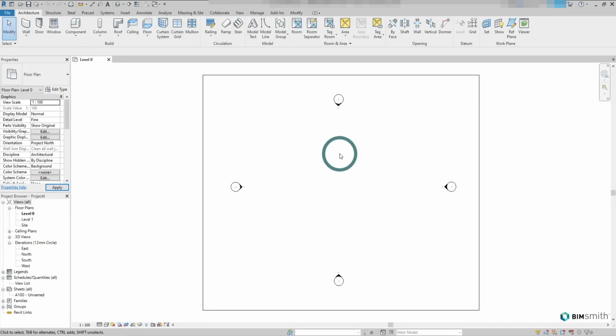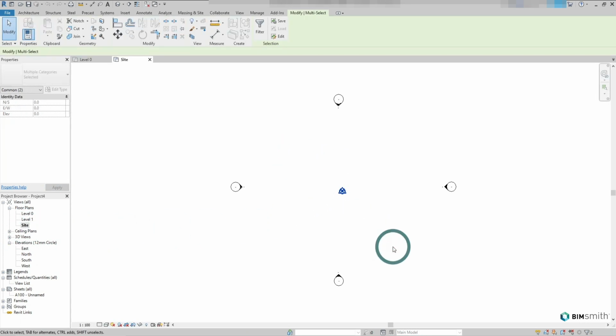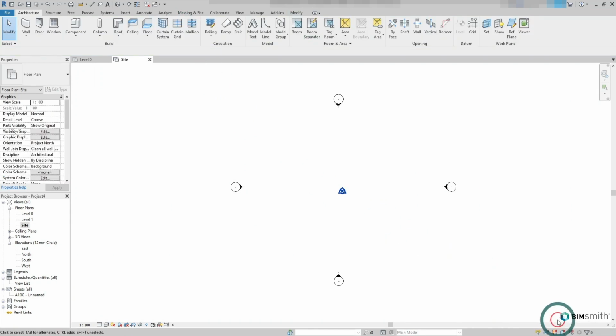Once my project loads, I'm just going to navigate to the site layout to observe the project and survey base points. I'm just going to select them and pin them in place. I'm also just going to turn off the select pinned elements option, so we are not able to select them anymore. More information on the survey and project base points in future content.